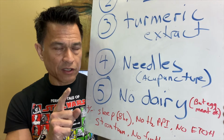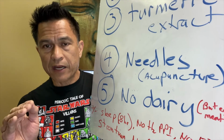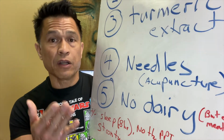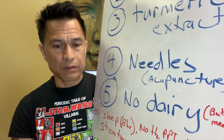Because if you just have a little bit of inflammation and you add more impact, you will go to a complete fracture. So that bone in 2 weeks, the x-ray in 2 weeks will show a complete fracture. So just work out upper body and cross train. Water is an excellent way to work the thighs and work the calves without putting too much stress on the bone, but